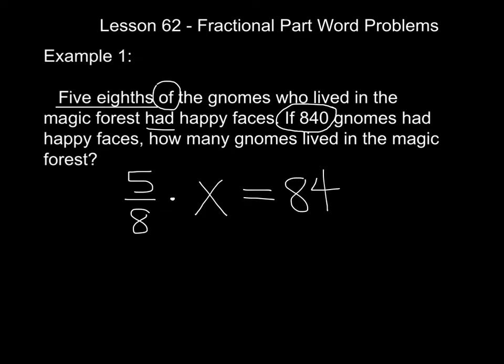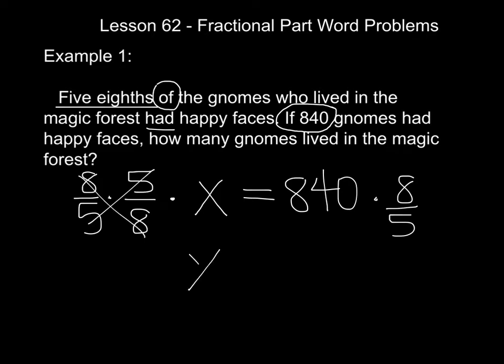Now it's time to solve the problem. Since 5/8 is multiplied times x, I would typically divide, but I can't divide fractions, so I'm going to multiply by the reciprocal, 8/5. When I do that, everything on the left-hand side cancels out, leaving just the x. On the right-hand side, I'm going to think of 840 as 840 over 1, and I'm going to look for anything that might simplify. 5 will go into 5 one time, and 5 will go into 840